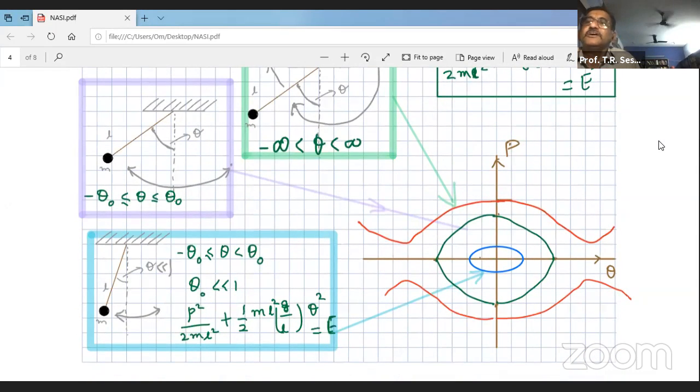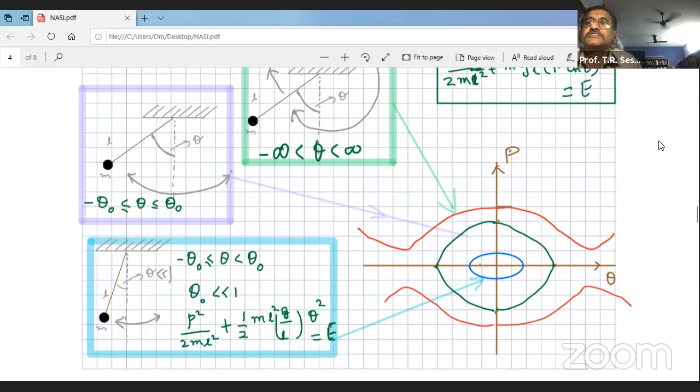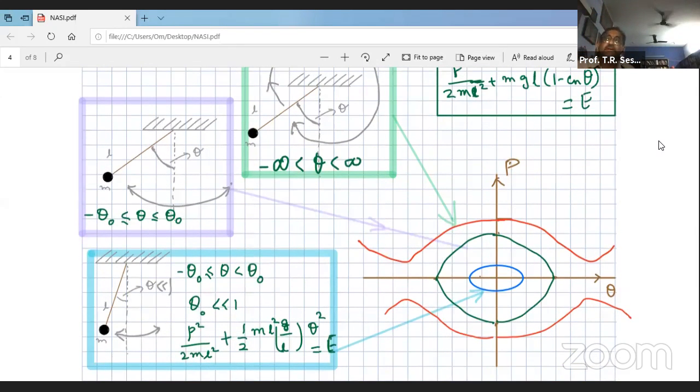Okay. Right. So here what I was saying was, the pendulum goes round and round. How do I look at this pendulum in the phase space diagram? Okay. First of all, what I see is that